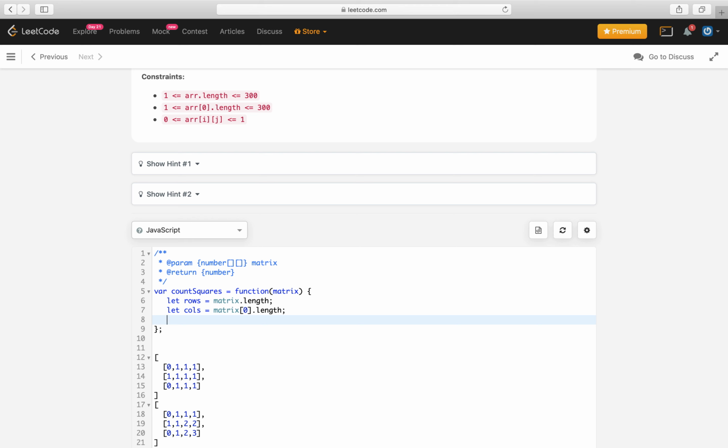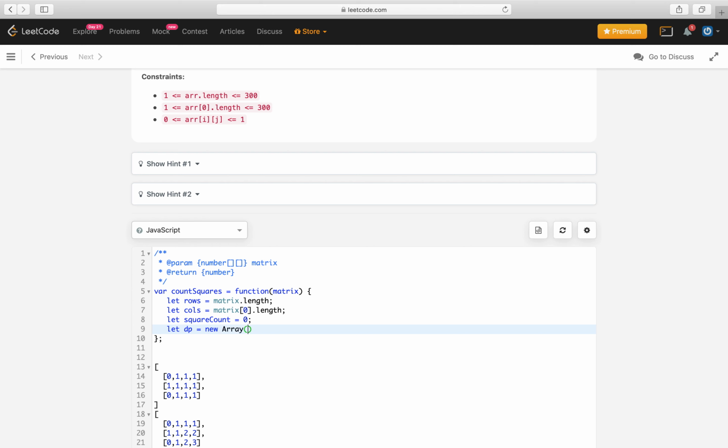And then let's start square count, initially equal to 0. Okay, let's declare our second matrix, which has the same rows and columns as the matrix itself. Let's call it dp, which is equal to new array of size rows dot fill it with 0,